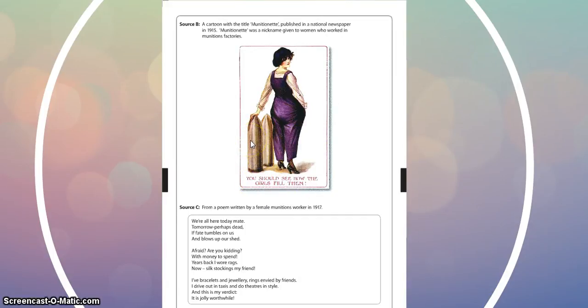okay. What does this source tell you? Look, remember, NOP, the nature, origin and purpose again, and what's your own contextual knowledge. Think about the canaries again. Think about the danger that women faced. Think about some of the injuries, how they had to take health and safety seriously because women had never worked in the factories before. It's from a national newspaper. Could this be sensationalising the role of women? Think about the purpose of the source. It's to educate, isn't it? It's to show